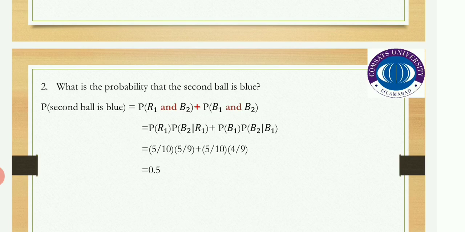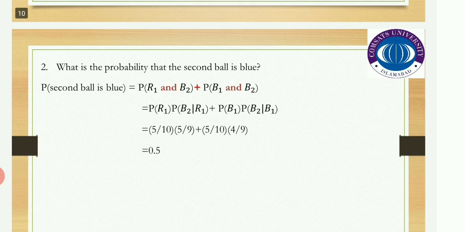Same as the previous case, but now the situation is changed because we have not replaced the ball before the second draw. So probability of R1 will be 5 by 10 and probability of B2 given R1 will be 5 by 9, plus probability of B1 will be 5 by 10 and probability of B2 given B1 will be 4